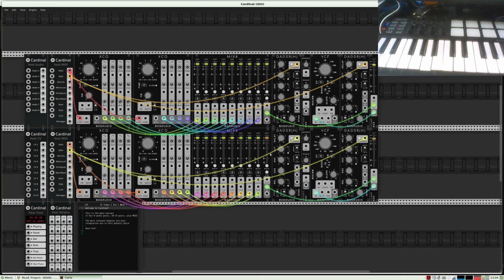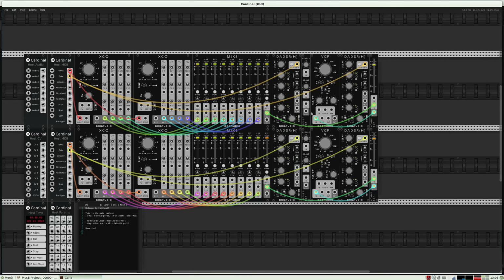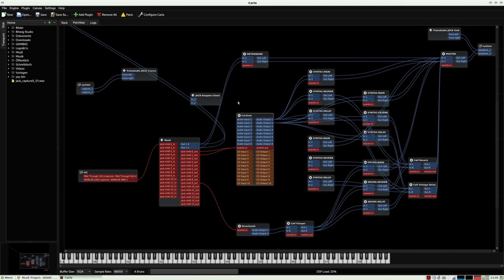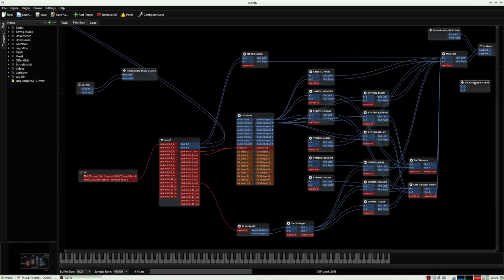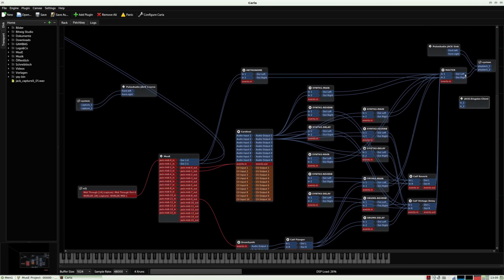Oh, you don't hear the sound. So I stop the recording and fix it so that you hear the sound. Now you can hear the sound. I use the output of this filter and connect it here, but I need to have here a jack input client, and I connect it to the master here so that you can hear the sound.